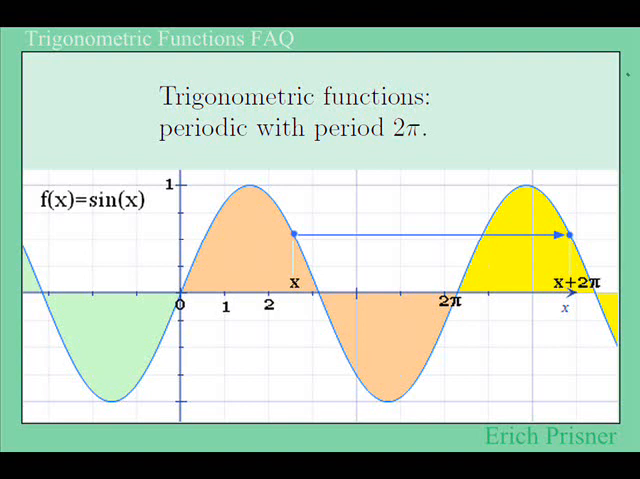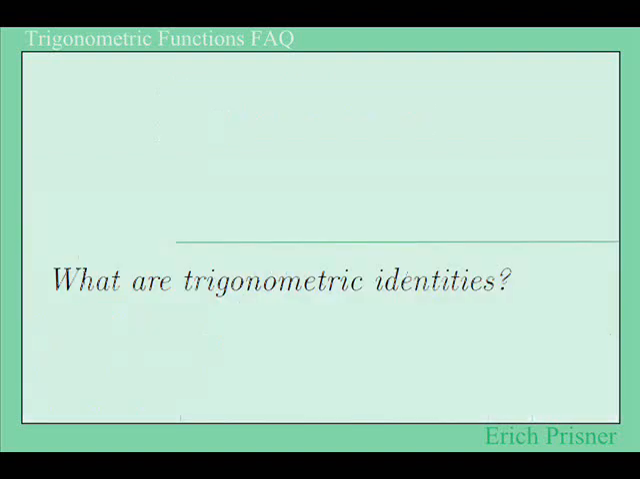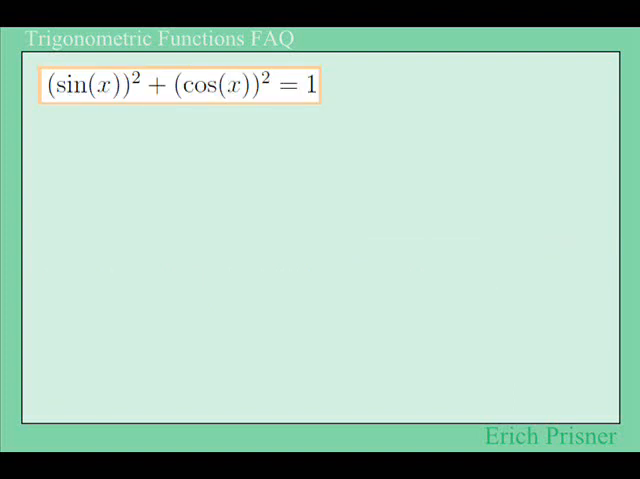Trigonometric functions are periodic with period 2 pi. What are trigonometric identities? The most important one is sine of x squared plus cosine of x squared equals 1. It follows from the theorem of Pythagoras in the definition of sine and cosine, either in the triangle or on